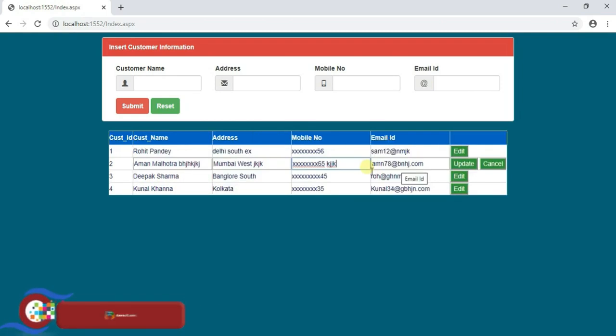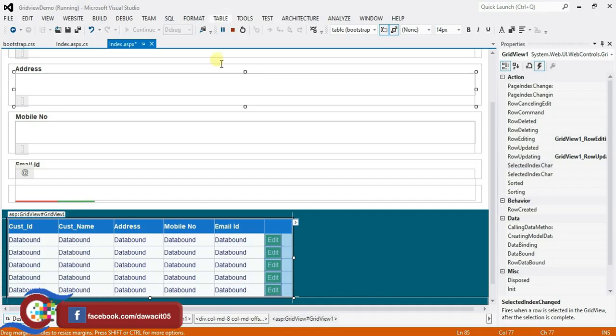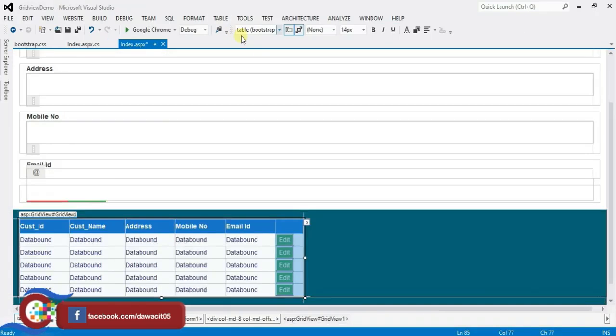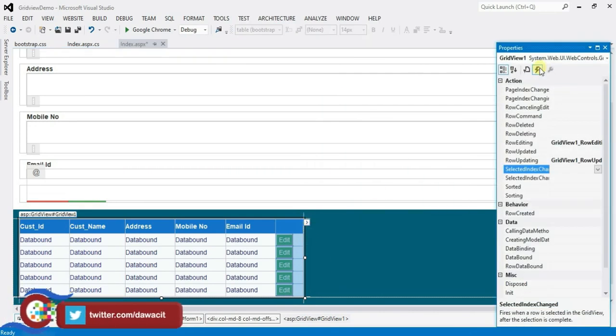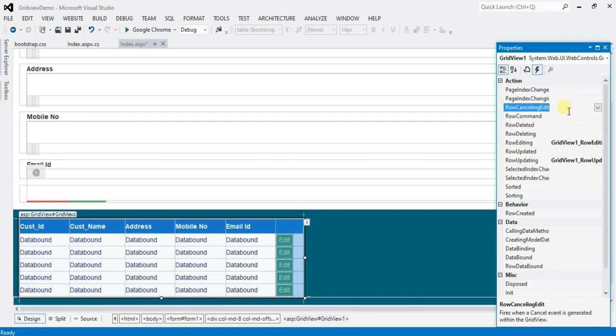If you don't want to edit, then you can click on cancel button. But right now the cancel button will not work because we haven't coded behind the cancel button. So let's get coding. Stop debugging. Right click on arrow, properties, click on event, row cancelling edit, double click here